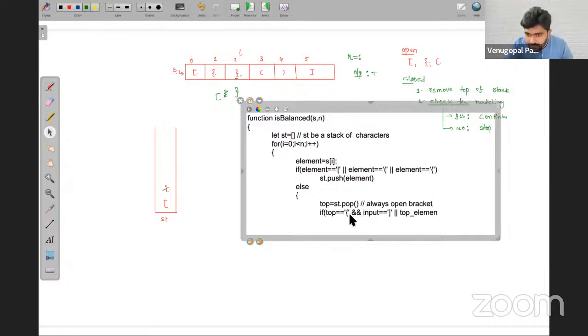And if your top is equal to open but your input is either this or, let's write it in a different way.